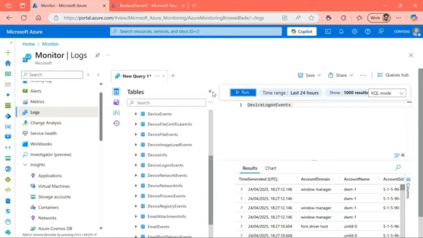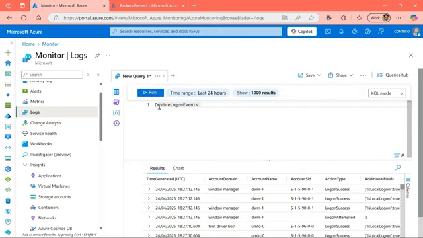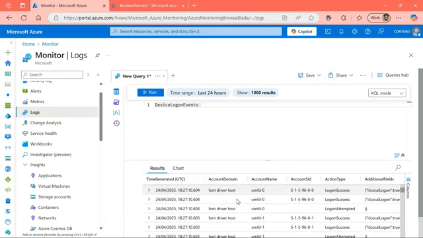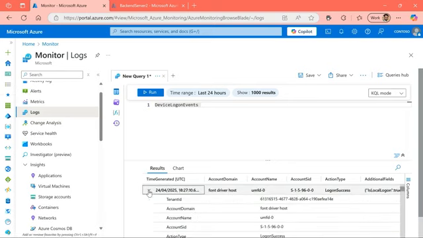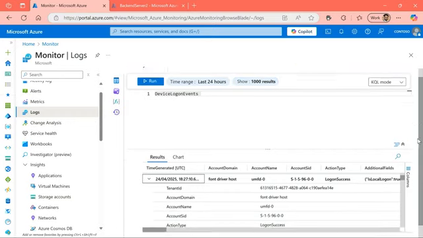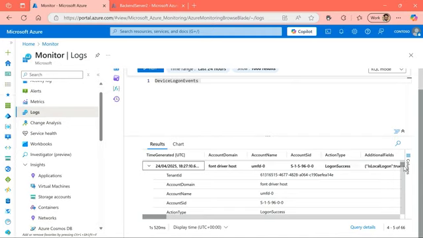Now let's make some space. All I've done is call out a table called DeviceLogonEvents. You can see it's picking up information around device login data. It has a lot of different information available for me to look at from these logs. Obviously, it's currently limiting my results to up to 1,000 results. However, if I wanted to dig deeper into this, I can